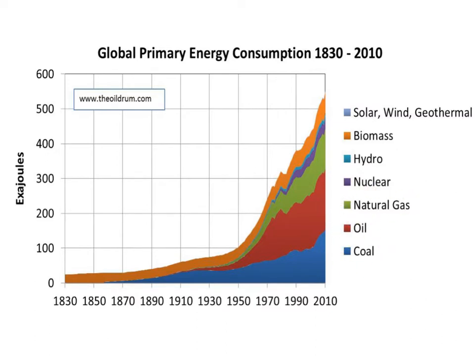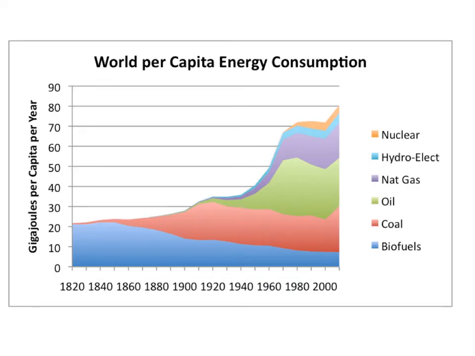Notice the large increase in world use of energy since the 1950s. This represents an increasing population and increasing affluence worldwide. This graph displays per capita energy consumption from 1820 to 2000, and it reinforces the view that non-renewable energy sources, seen here in red, green, and purple, dominate societal choice, and that started in the late 19th century on.